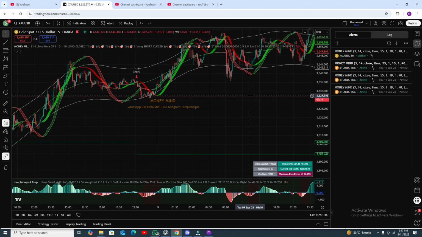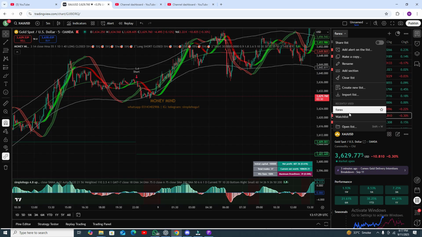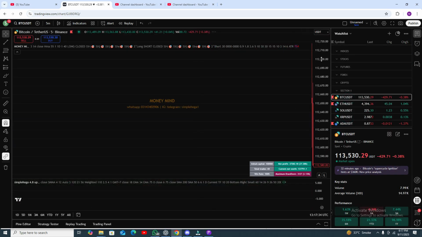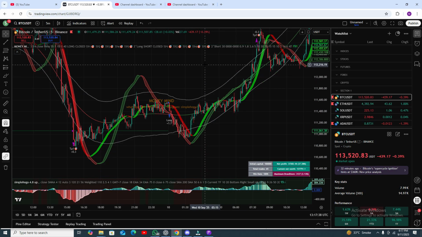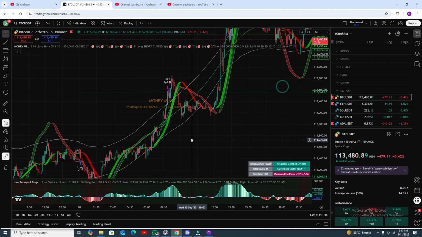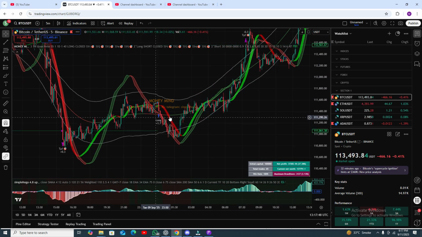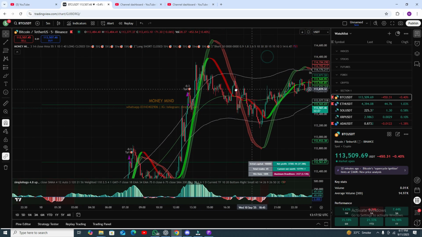If you go to the BTC time frame, let me show you the results in the BTC. 100% accuracy, but very few signals. Like here, you do not need to open your buy position here; you need to open your buy position from this point. Open your buy position one from this point. If you follow this one, then you take profit here, take profit 2 here, and so on.